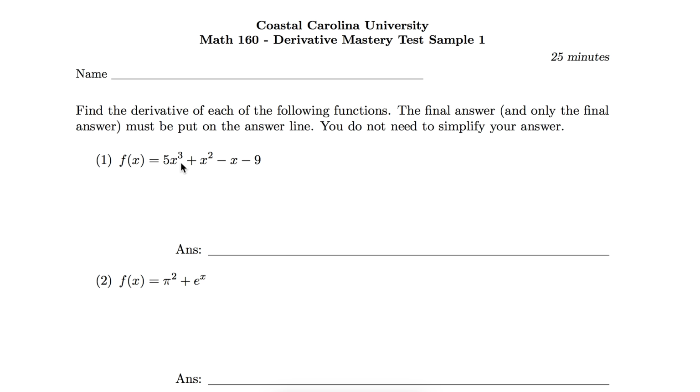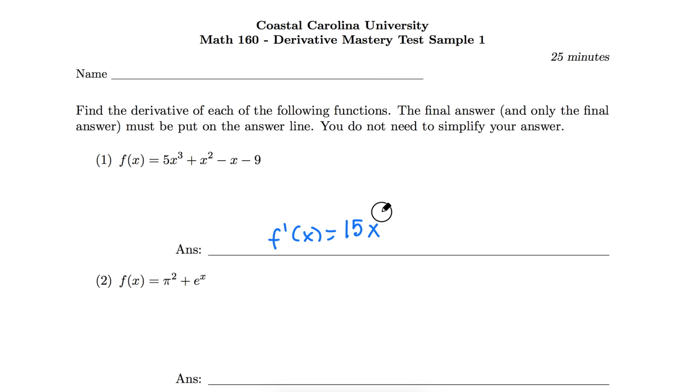We're looking for the derivative of a polynomial function. So we're going to use the power rule to find the derivative. So f prime of x equals derivative of 5x cubed, that's 3 times 5, 15 times x to the 3